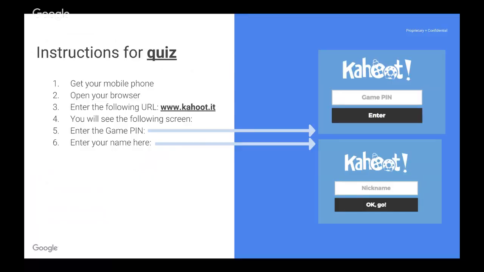And to get warmed up, I would like to do a little contest with all of you. It's going to be only 5 questions, and this is around what measurement and attribution mean and why they are important. Therefore, let's all follow the instructions on the screen that you see right now, and let me walk you through them. First, everybody get your mobile phone because you're going to be using it for this quiz. The second step is opening your browser and going to the URL that is mentioned on step number 3. That is